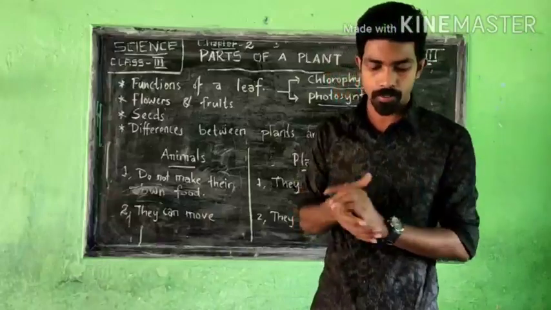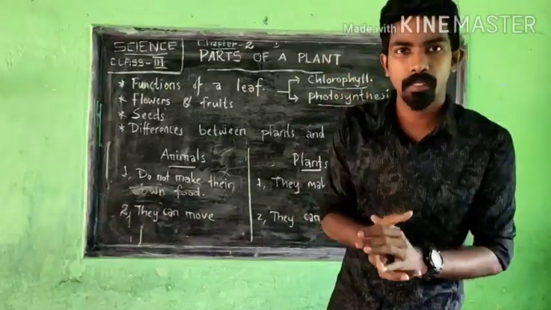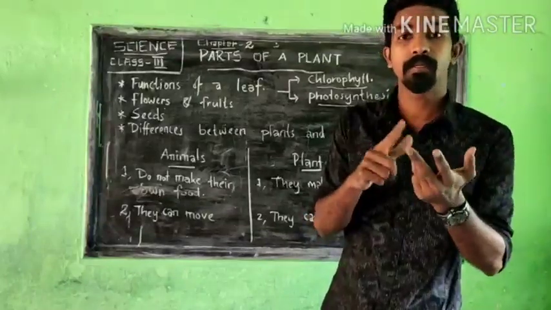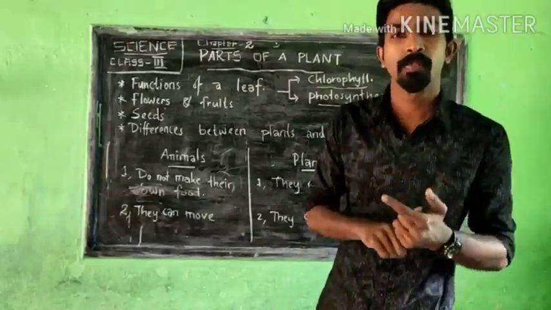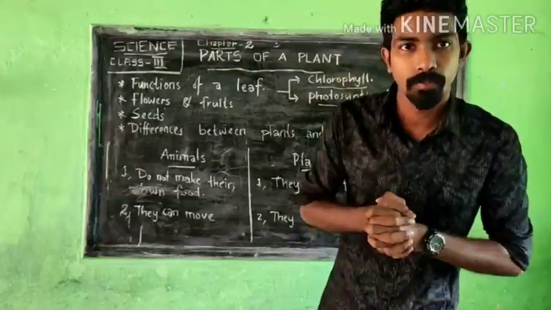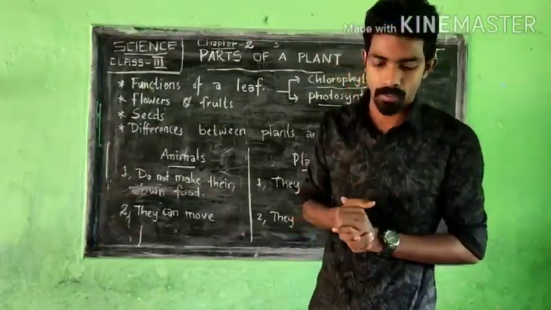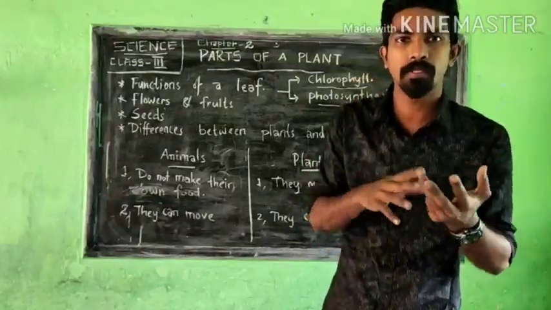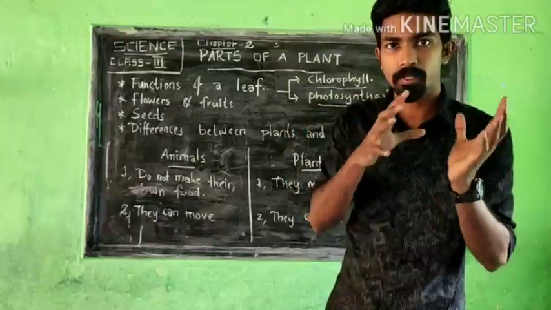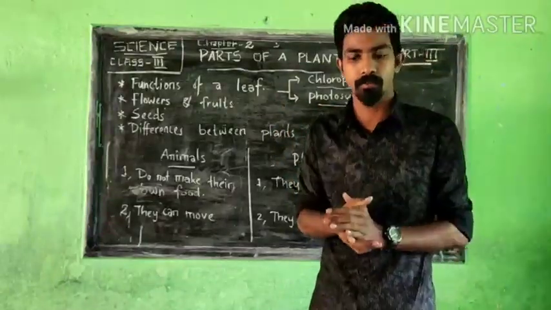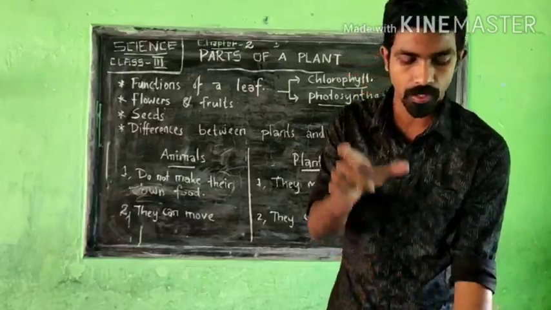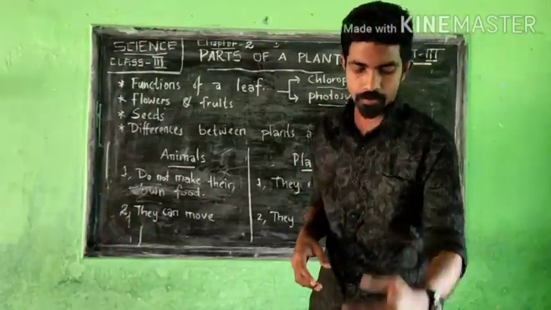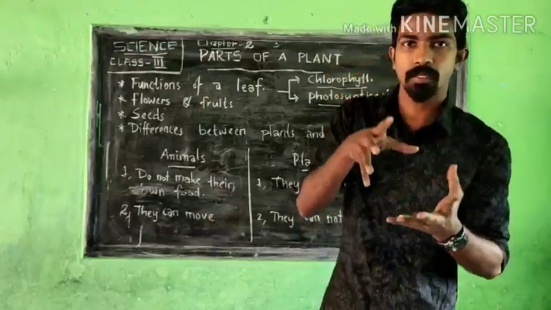Different flowers have different shapes. Flowers अलग अलग shape में रहता है, अलग अलग color में रहता है. Then some flowers also have a beautiful smell. They have fragrance. So these smells help honeybees etc. for their pollination. Okay, pollination is a new term for you. I'll explain that. It is given as a small info bit on page number 14. Okay, so plants need flowers to produce fruits, and the fruits contain the seed inside.